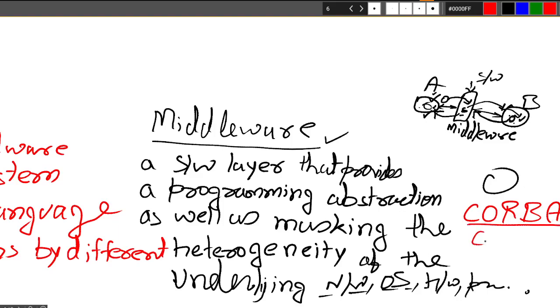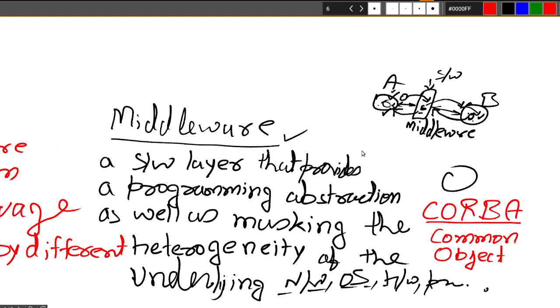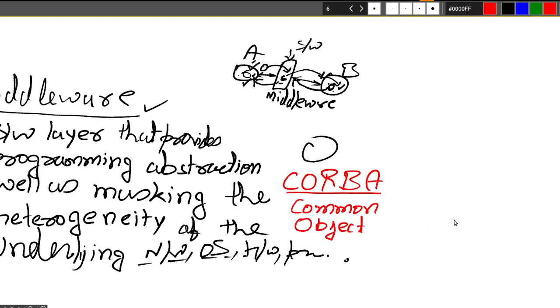It is Common Object Request Broker Architecture, the object request broker.